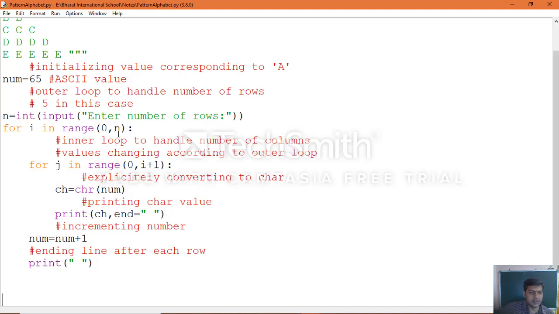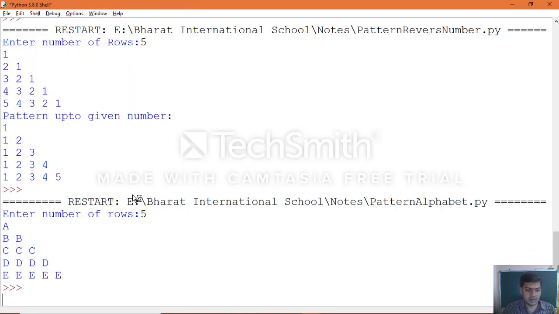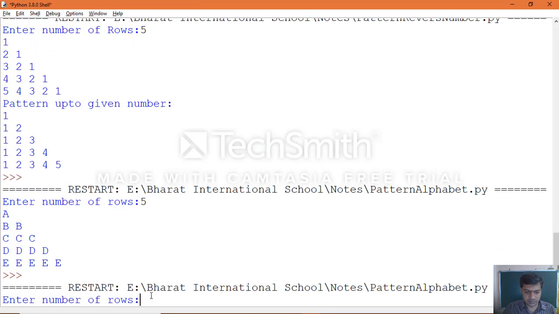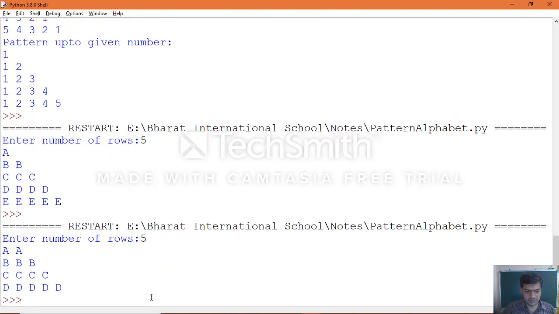If you start from 1, then you need to give n plus 1. So just make the change here, if you give 1, then save it, and you will get only up to D. Let's understand the concept. If I give 5, yes, D.